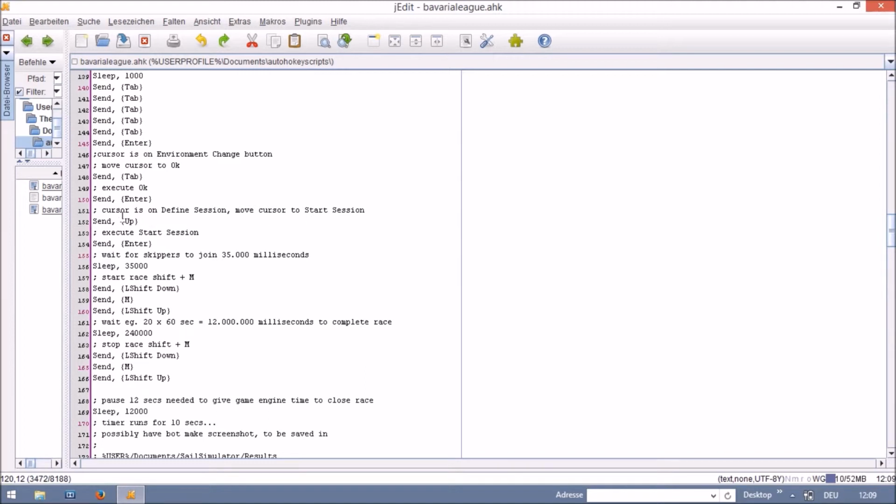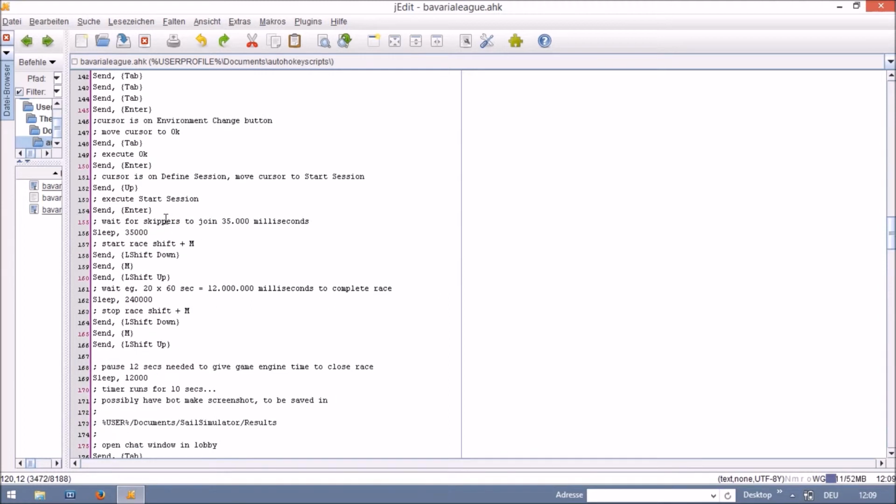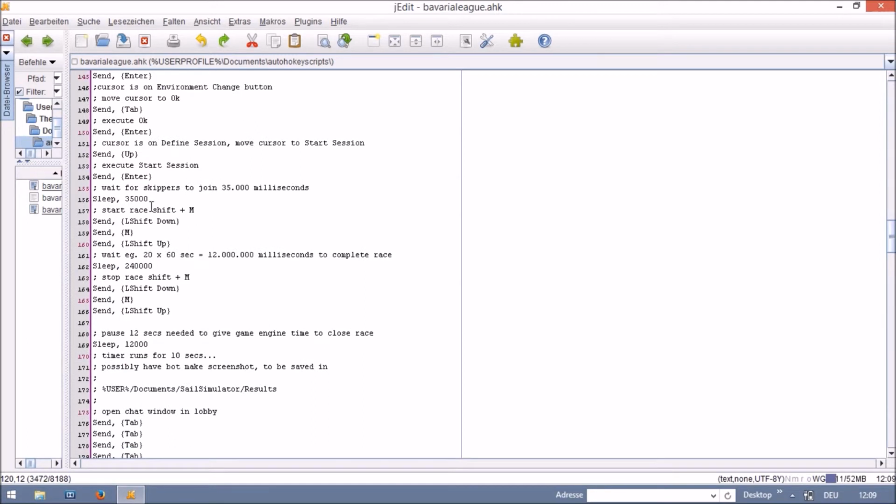So we go one up arrow. Could also do a shift tab to go up, go back in the menu, so to speak. Okay, this one is an up, and then enter, and then the game engine moves us into the session,